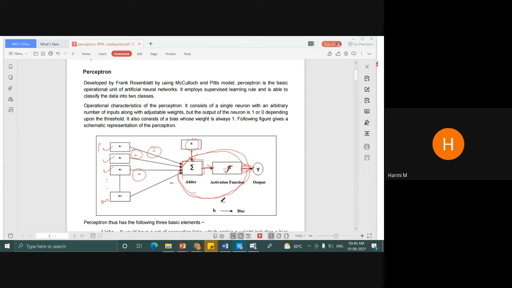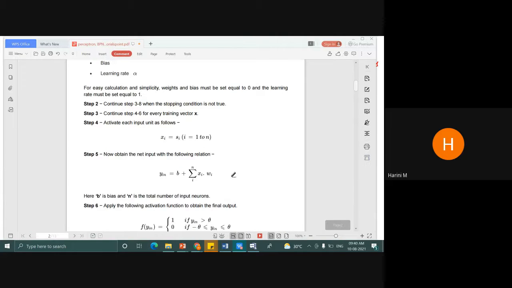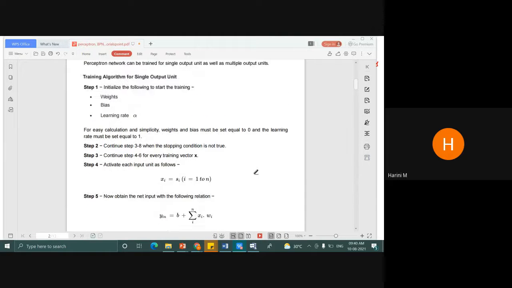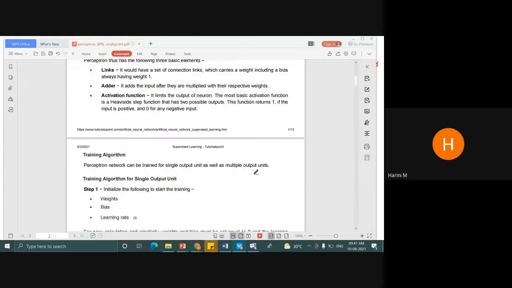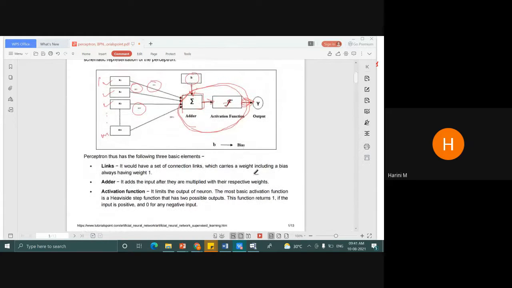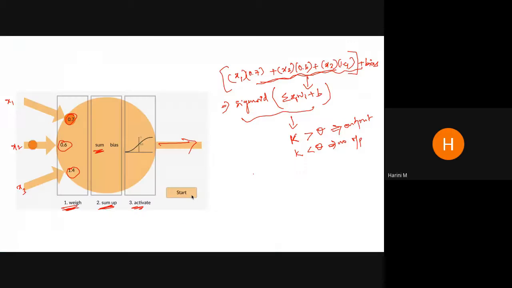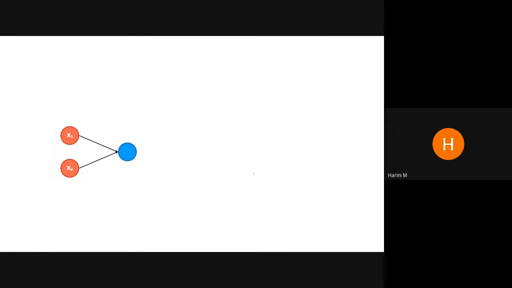Now this is a concept, right? Now we have to look at the formula part, so how it is actually happening. Look at this. Initially, how do you train this perceptron? Now one more thing I have to tell you is that it's not that you have to talk about only the single neuron. You can also have many neurons attached together with a single output. That is known as multiple perceptron. I'll also show you something for that. So this is the perceptron that we saw, right? x1 and x2 is a single unit perceptron.